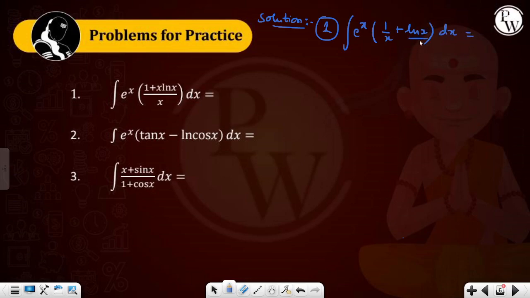Okay, this is f of x and this is its derivative. The pattern has been observed. Now just write down the answer, e to the power x f of x. So the answer will be e to the power x f of x, that is ln x plus constant of integration. Okay. Now the second one,